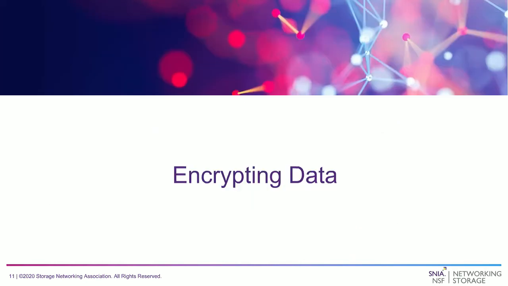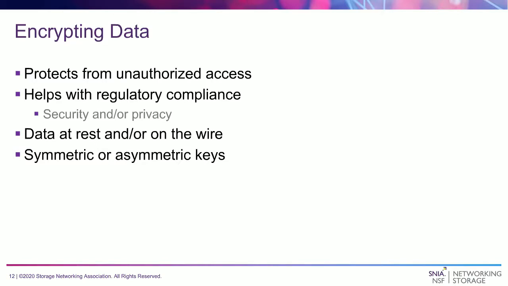So I've already mentioned it in the example, where I needed to talk about asymmetric versus symmetric encryption, but a little more about encrypting data. Encrypting data protects it from unauthorized access. Usually there are a couple of ways. One is you block users from getting to the data they're not supposed to have, or the servers. But in case they are able to get to it or they break through that first level of security, if you encrypt it, then it makes it hard or impossible for people to use or read the data that they might have